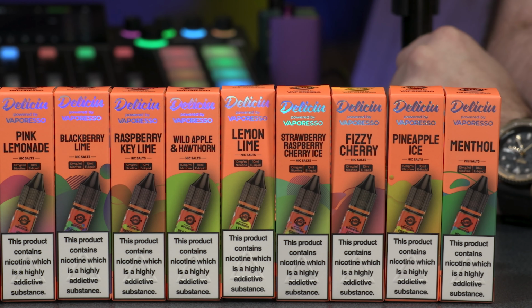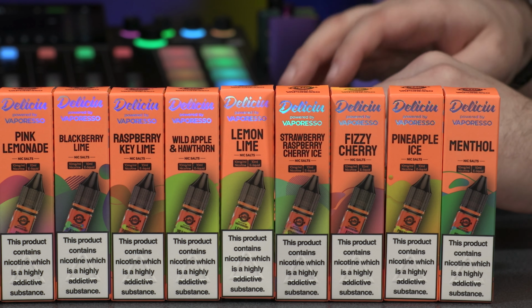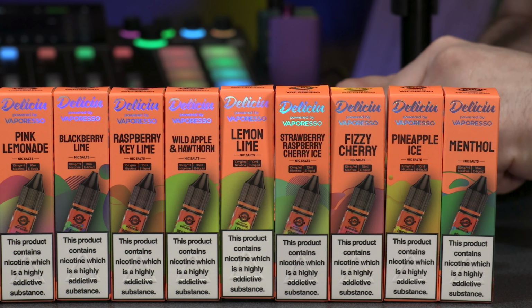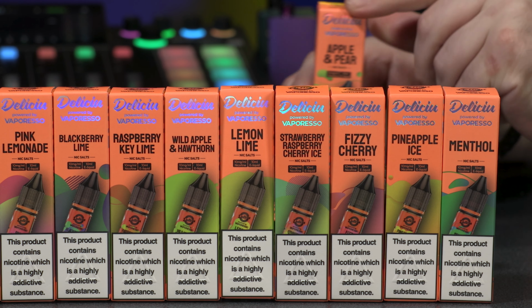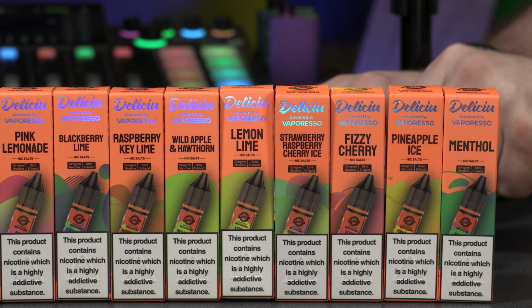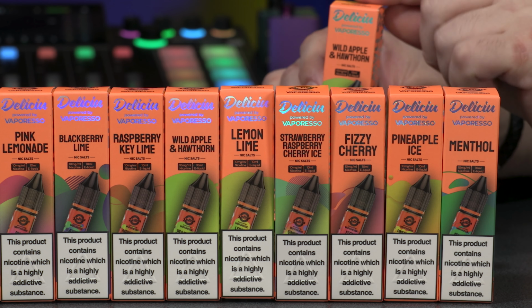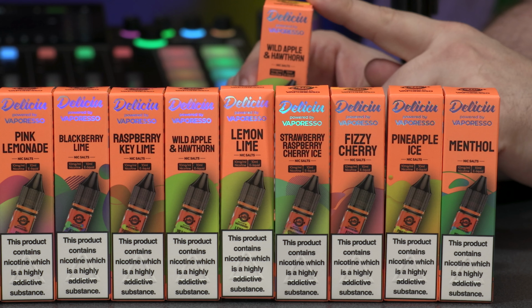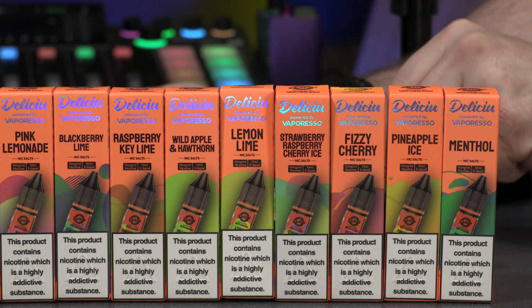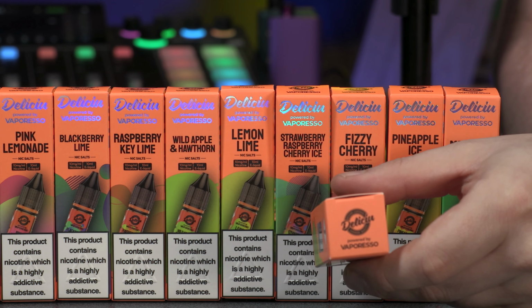So on the table, I've got a lineup of many of the e-liquids. Not all of the 20 flavors that were available at launch, but we have two groups of e-liquids. There's 15 mainstream flavors. In addition to that, there are 5 unique Deliciu fusions. This is one of the biggest brands to come out of China. They are also known as S'more, that's the parent company, and the brand Deliciu just launched with e-liquids and their